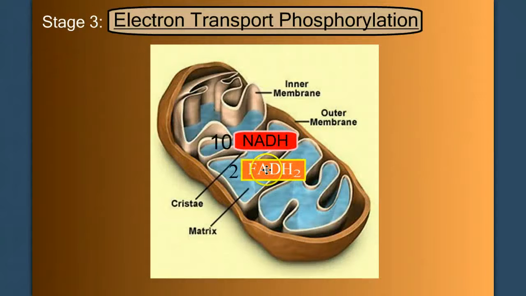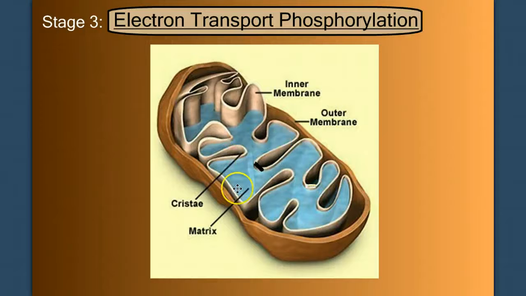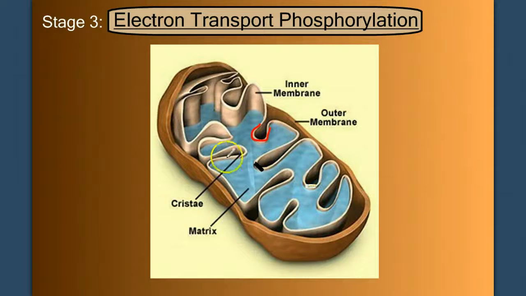Here we are inside the mitochondria, and we have 10 NADHs and 2 FADH2s that we've made throughout the process. And we need to send them to the electron transport chain. The electron transport chain is found embedded in the inner membrane of the mitochondria. So if we look in here, we have to zoom in to these folds or these cristae. And in these folds of the mitochondria, embedded in this membrane, we're going to find our electron transport chain,